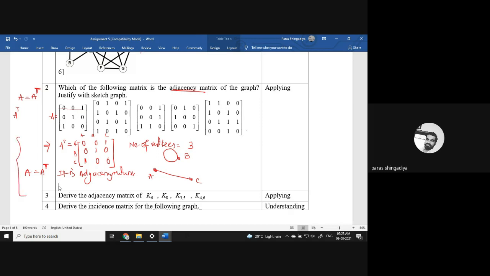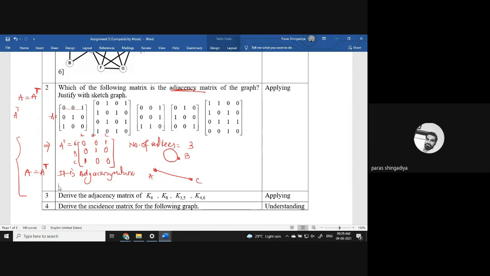And now to create a graph in the second part, we consider the order of the matrix, okay. And as per that we can determine the number of vertices. So here the order of the matrix is 3 by 3. So how many vertices will the graph contain? That is 3. So consider 3 vertices in any form, okay. And then start connecting them. So consider the first row entries and check the connections, meaning check at which place 1 is mapped. So A to C, the entry is 1 there, so we connect A and C, okay. In the second row, B to B the entry is 1, so we create a loop at vertex B.